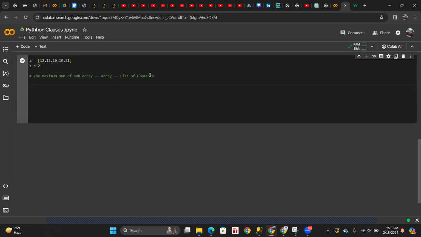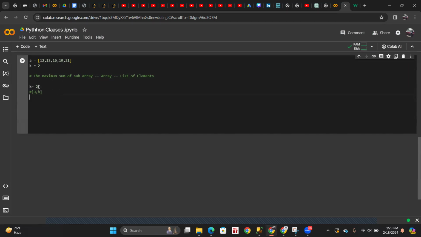The value of k that is given here is the length of the subarray. So if k is equal to 2, as we have given in the example, our subarray will be of 2 elements, and those elements can be a, b, any elements from this list. Now in our case k is equal to 2, so we have to take